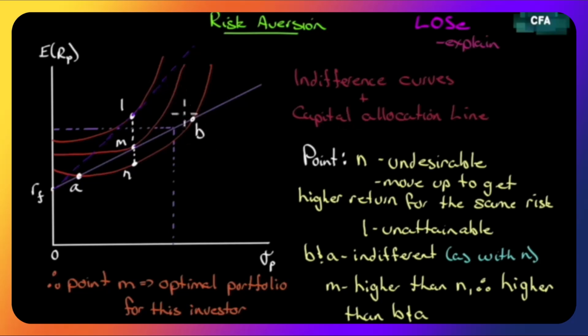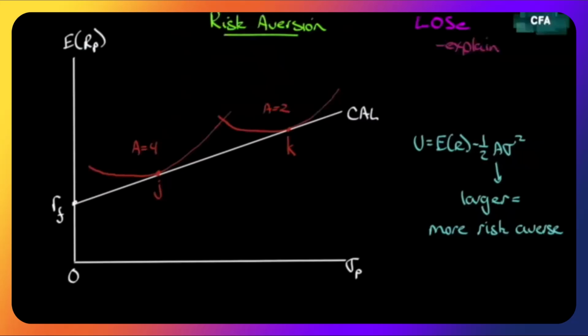So remember, the capital allocation line can move within a band of market price risk. And if you have your indifference curves, notice that no matter where you go, it signifies that you should change your weightings on particular assets. Isn't that nice? So one final thing to do before we go is to actually show two different investors on the capital allocation line here to show the difference between optimal portfolios for different people.